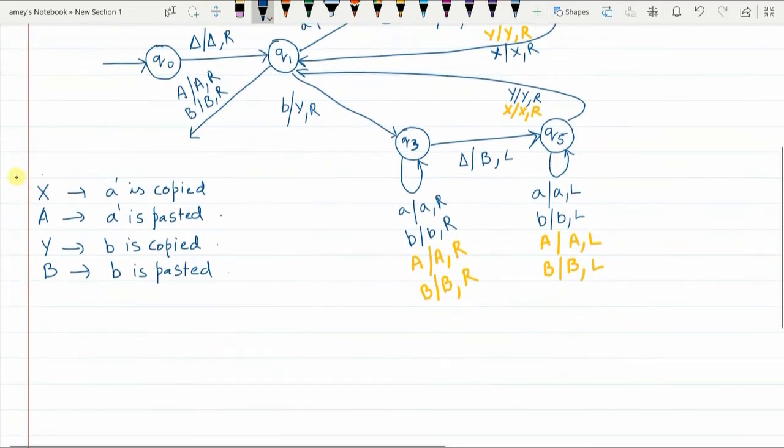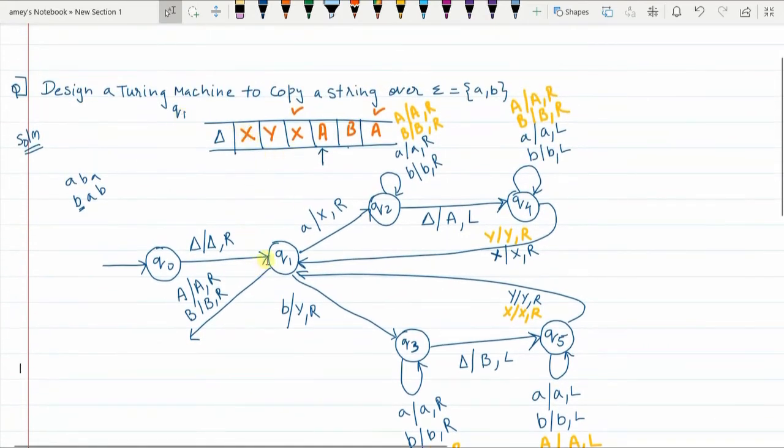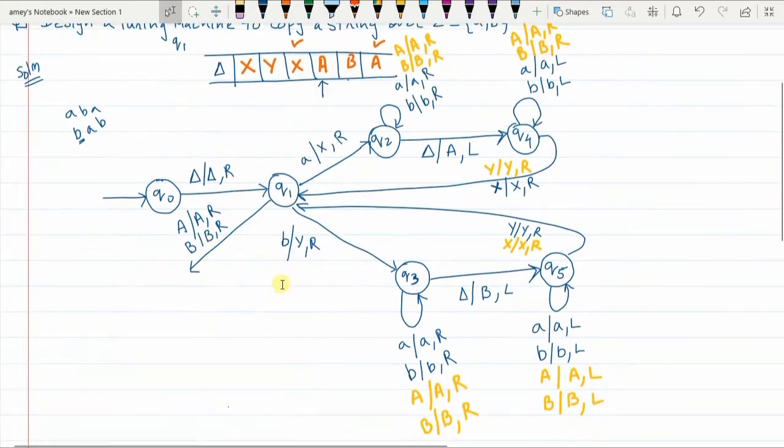I will require more space here, so I will delete this part because we already know what it is, and I can use this space for my drawing. So in Q1 state, if capital A is encountered, A will be replaced with itself and the pointer moves to the right. If capital B is encountered, you also ignore it and go on moving to the right. And I go to state Q6.